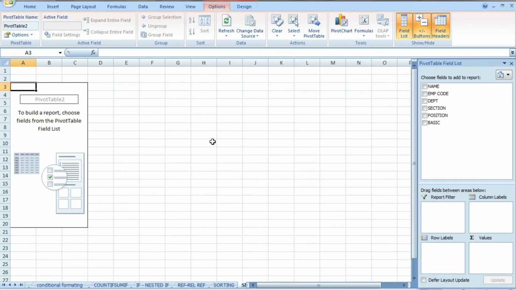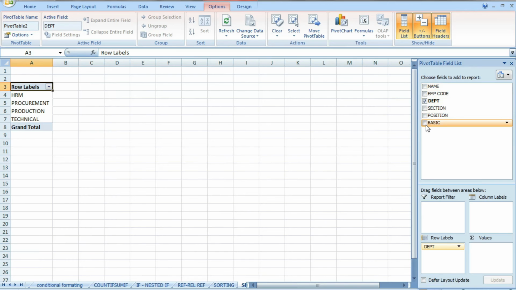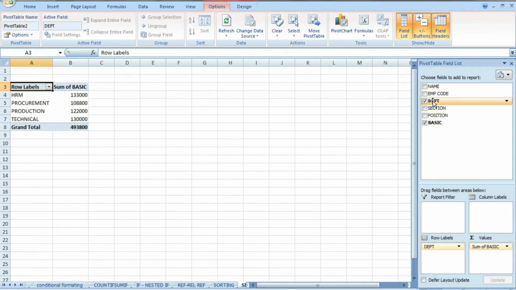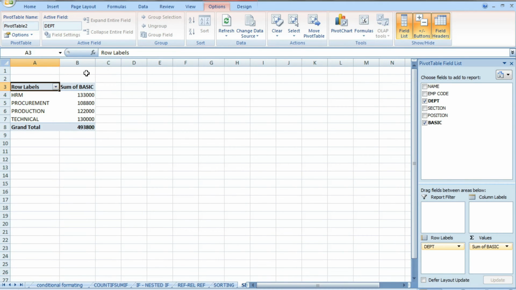So in this new worksheet, this is created based on the data. Now you have to select this and this. So the department-wise sum of basic is calculated, and the total sum is also done very quickly.